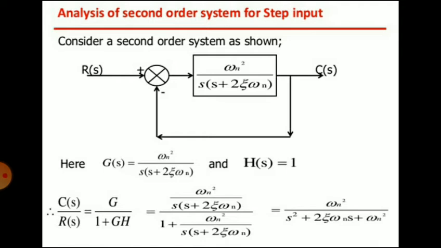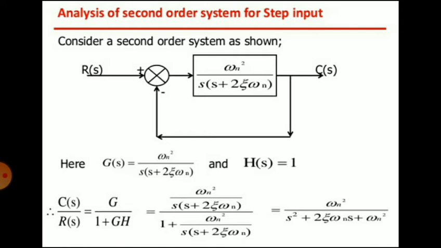Every practical system takes finite time to reach its steady state, and during this period it oscillates or increases exponentially. Every system has a tendency to oppose the oscillatory behavior of the system, which is called damping. This tendency controls the type of closed loop poles which decides the behavior of the system and hence the nature of the response. So this damping is measured by a factor or a ratio called the damping ratio of the system.